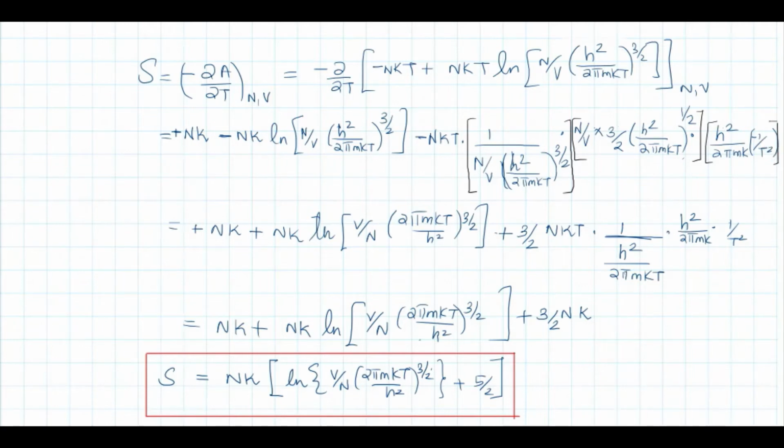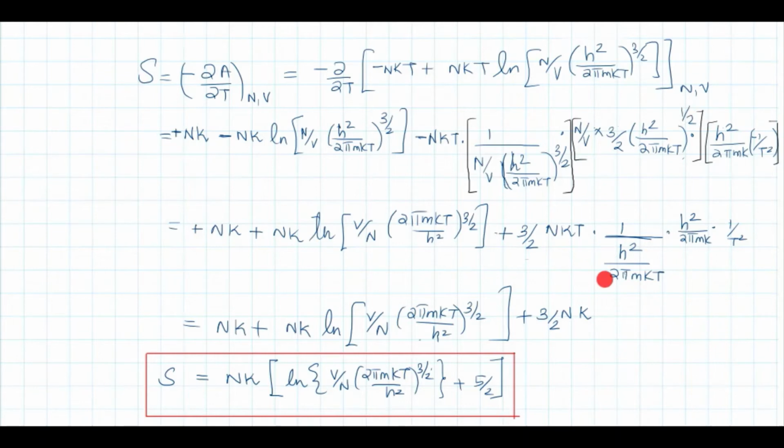Okay, so this Nk is here. This negative I absorbed in the logarithm and you take the inverse of these quantities. That is plus Nk log. This N/V becomes V/N, and h²/2πmkT becomes (2πmkT/h²) raised to 3/2. Then this negative and this negative becomes positive. There is a 3/2 here, 3/2 NkT. This N/V will cancel with this N/V. h²/2πmkT raised to 3/2 will cancel with this raised to half.